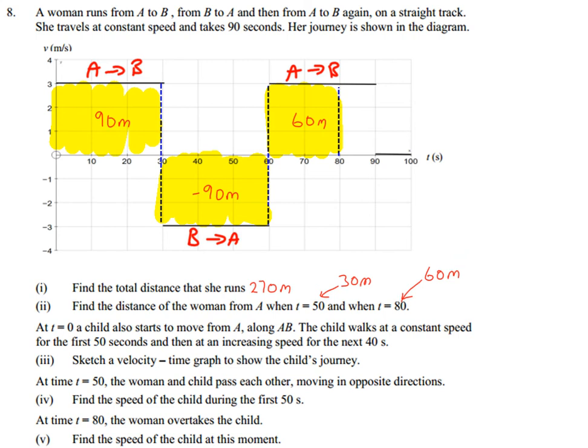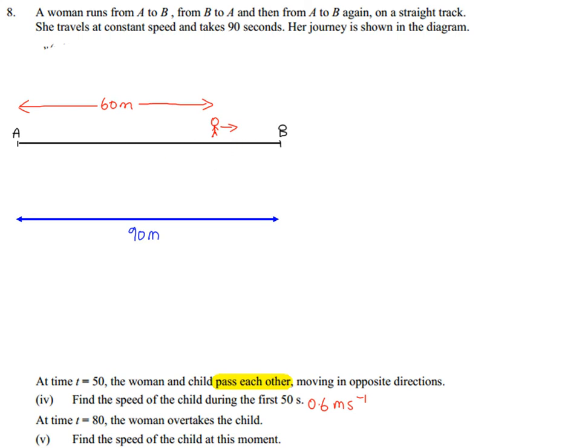And we can see from our graph, when t equals 80, she is moving from A towards B. So because the question says that the woman overtakes the child, it means that they are both moving in the same direction, not like before when they were moving in opposite directions. So when the woman has a displacement of 60 meters, the child also has a displacement of 60 meters from A,